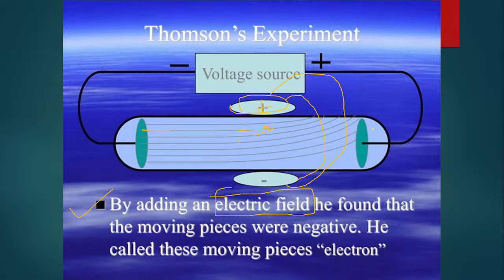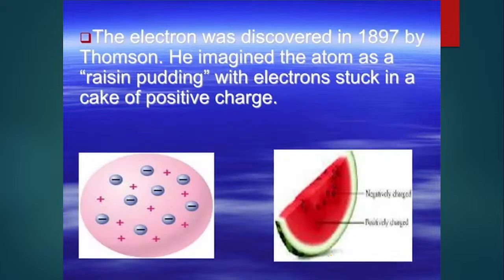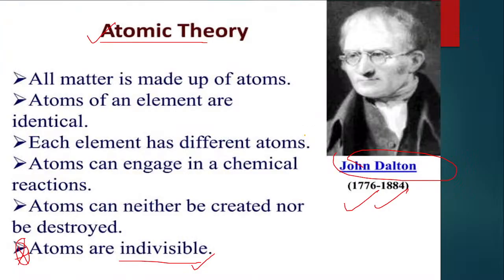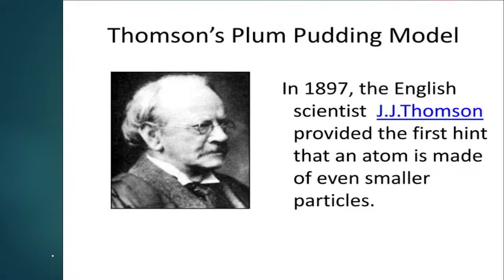ठीक है, अब ये जो रेस थी कैथोड की साइड से आ रही थी, तो दैट्स व्हाई दिस आर नेम्ड एज कैथोड रेस, बिकॉज दे आर ओरिजिनेटेड फ्रॉम द कैथोड. सही है, समझ आ गया? अब हमें एक्सपेरिमेंटली, अब देखो ये पॉजिटिव की साइड जा रही है, इस साइड डिफ्लेक्ट हो रही है, तो ऑफ कोर्स सिमिलर चार्जेस रिपेल ईच अदर, यू नो ना, whereas different charges attract each other. तो बस यही कंसेप्ट यूज हो गया यहाँ पर, क्लियर? ठीक है, अब इन्होंने डिस्कवरी तो कर ली, अब आए इनके मॉडल की बात।